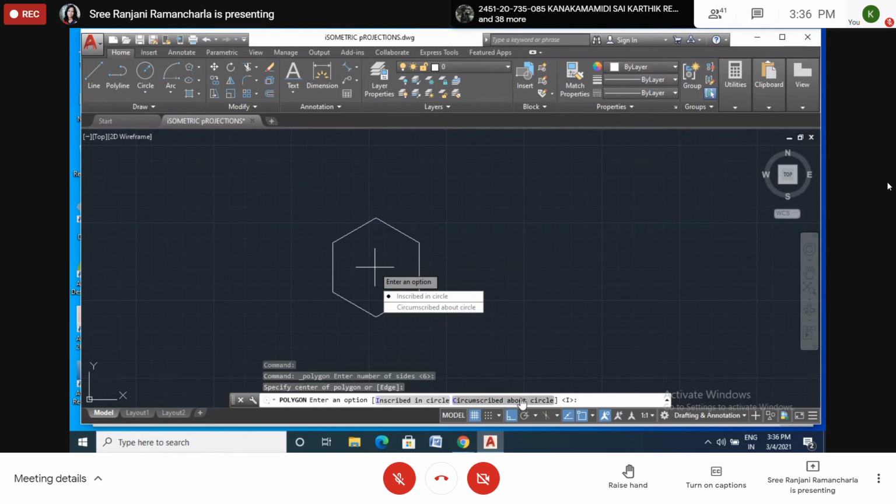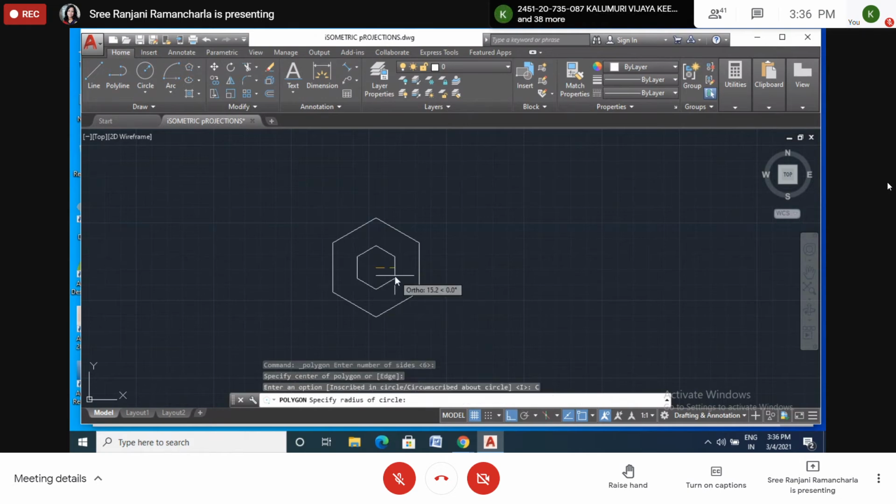Inscribe in circle. We'll take like this circumference. So see here. How much is it from here to here? Okay. So we'll take 20.